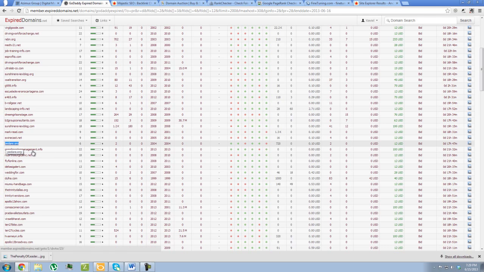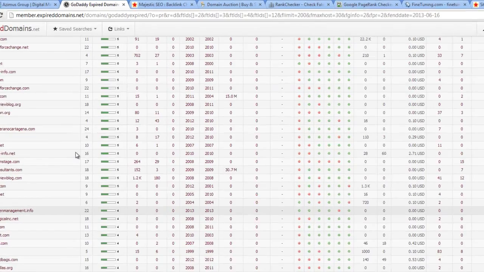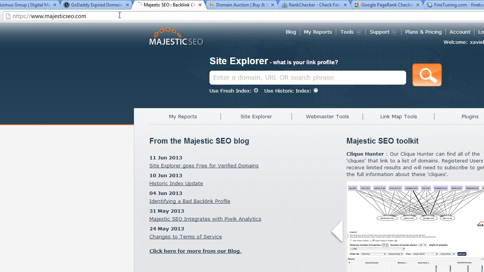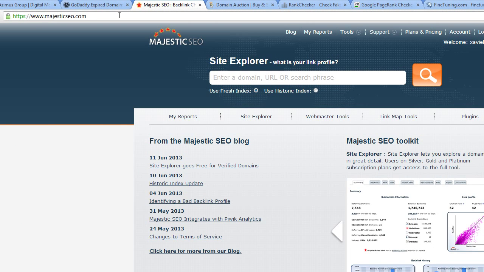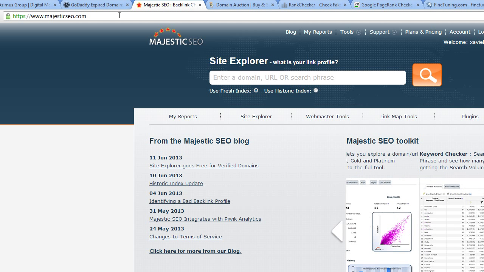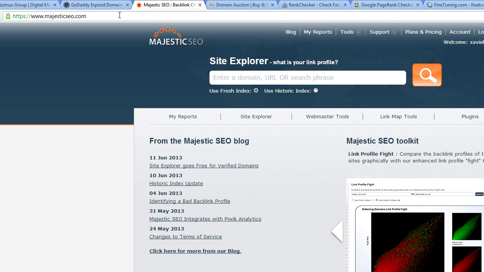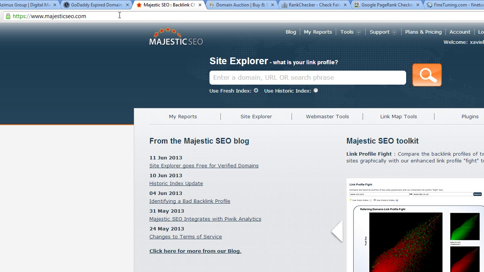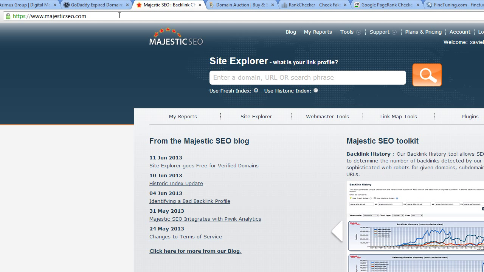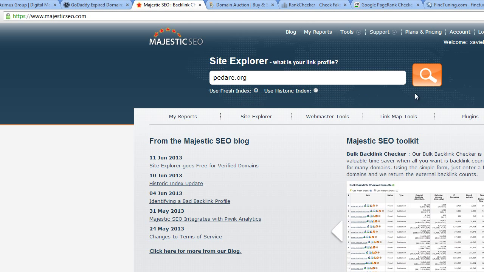And the first thing we do is we go into majesticseo.com. So you can use a free account, but I think it limits the number of searches per day or something. I highly recommend the paid account. It's only $49 a month. It's well worth it. It gives you essentially an entire link profile of a site. Yeah, it's very useful. So I just put that domain name in there,